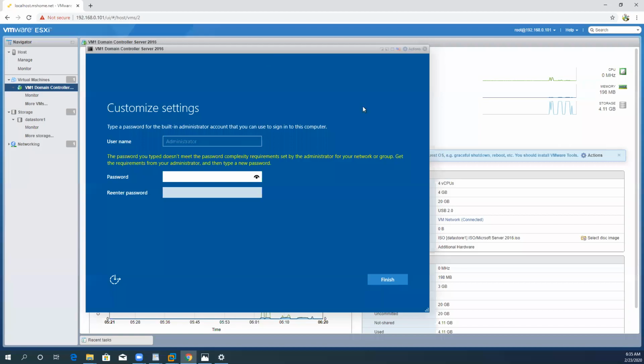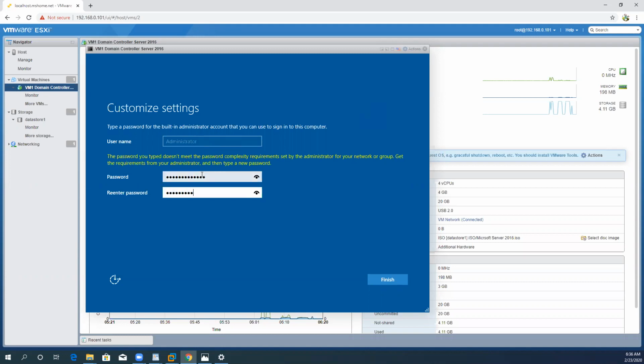Okay, now so after connecting with the ISO image, our installation process of Server 2016 has been done, and right now I am on the customization settings. So let's go with the further options. They are asking now for the default administrator password, so I need to implement the password over here